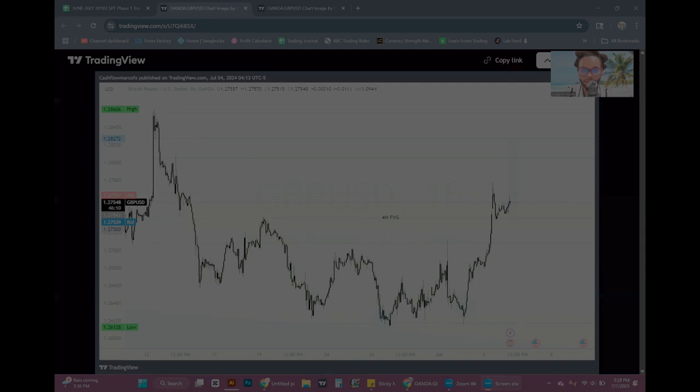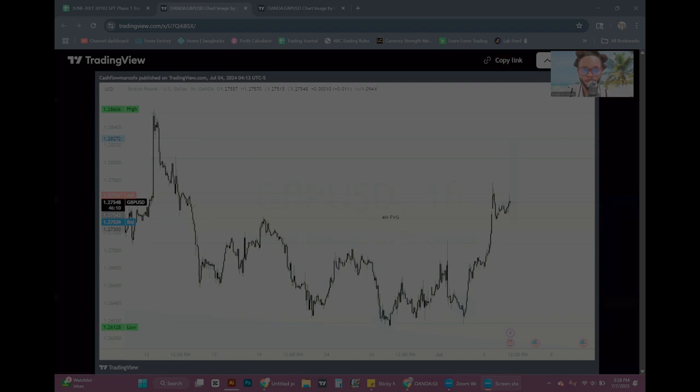Now price did get to this fair value gap, and a fair value gap I'll explain in a second, but let me get to where sell side liquidity is above this fair value gap. Sell side liquidity reached this area here and was taken immediately based on this imbalance. An imbalance is an impulsive move to the downside,